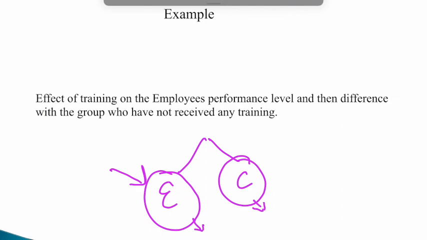So I explained you the one-shot design, I explained you the pre-test, post-test, and I explained you the static group. And this was mainly what we have under the pre-experimental design and the types of experimental design, in which I explained you about the pre-experimental design. Understanding of pre-experimental design is very important. Choosing your topic, choosing your research area, and then deciding which type of design will be more suitable for you, because each and every design has its own limitation and has its own benefits and advantages. So as I again say, it depends on the researcher's objective which kind of design is chosen, and then the observations are statistically evaluated accordingly.